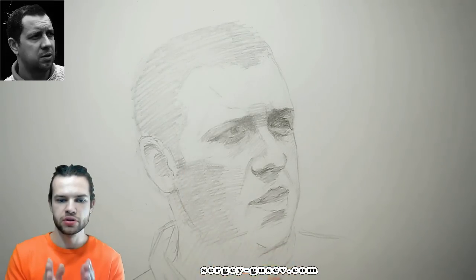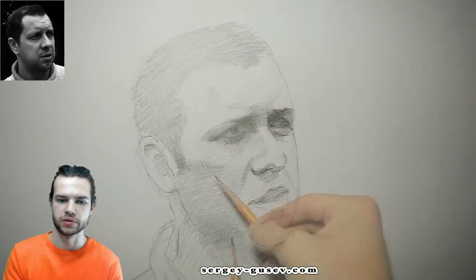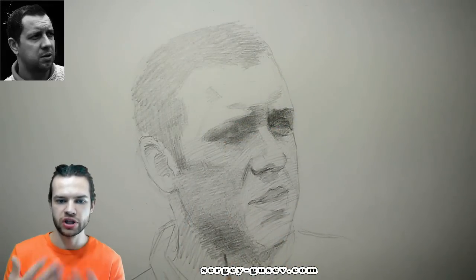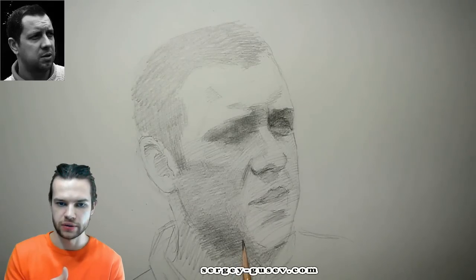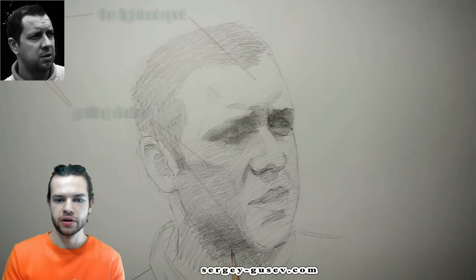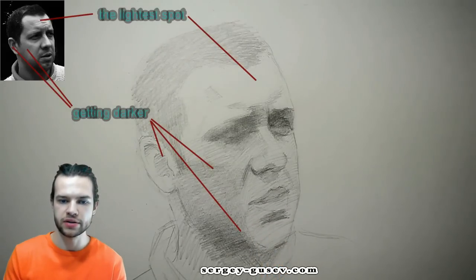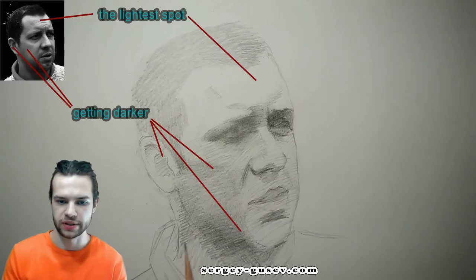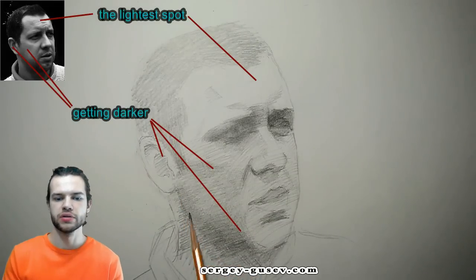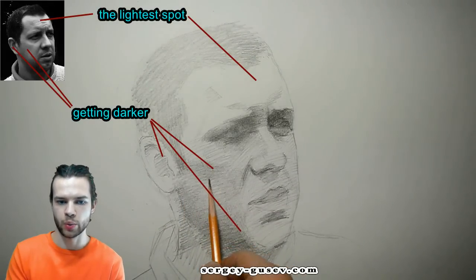Just remember to always compare the lights with the shadows and the shadows with the darker shadows. So let's say when you are drawing the eye sockets, just remember to compare the shadows in the eye sockets with the shadows in the nostrils, for example, or with the shadows under the chin, and you will see which shadows are darker, which shadows are lighter,